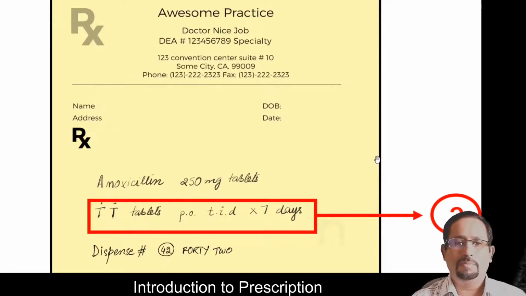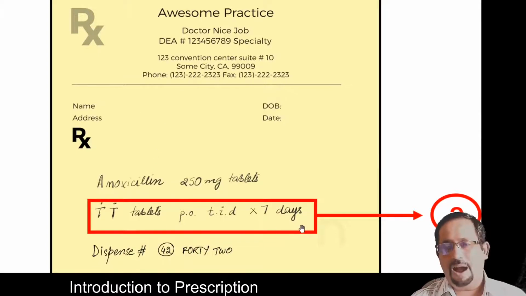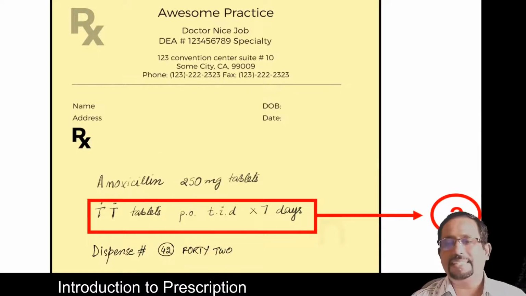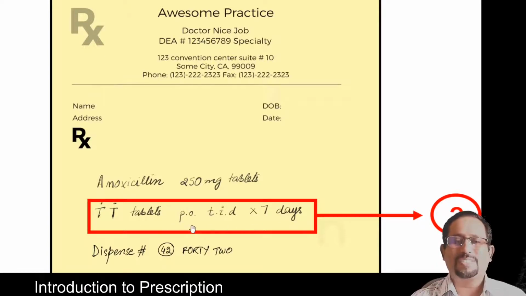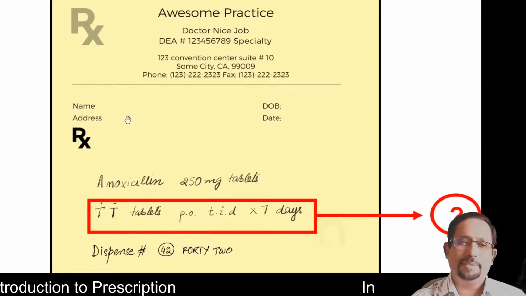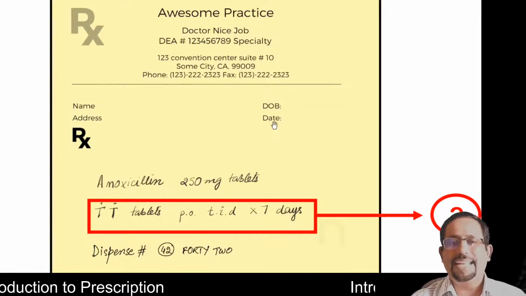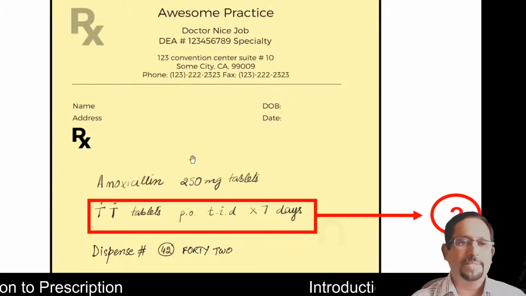Hope you have recorded your answers. So let us go and see the answers. This part is nothing but a signatura because it contains the instructions given to a patient. Now let us see the missing information. Part number 1 is a date. Date is not written by the prescriber. So date, part 1 is missing.